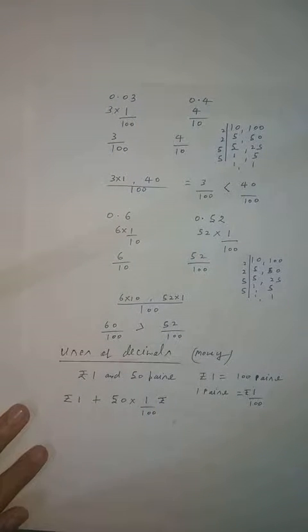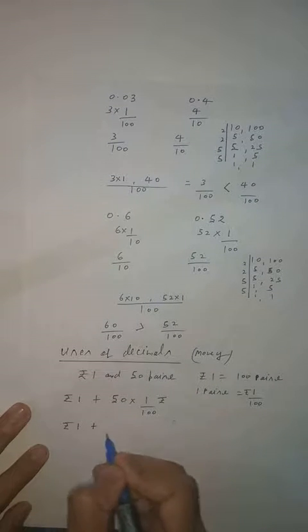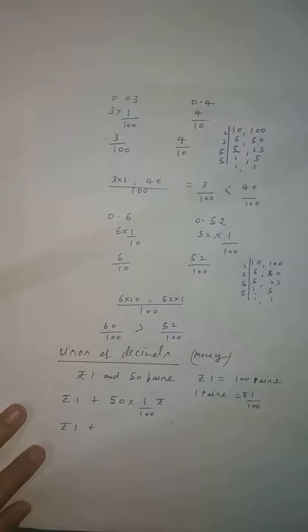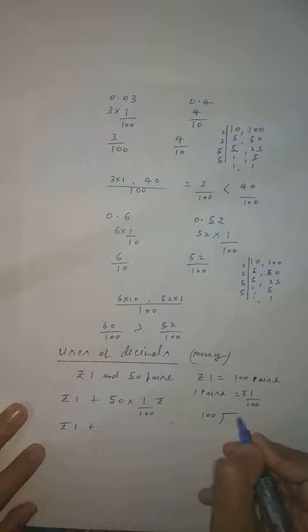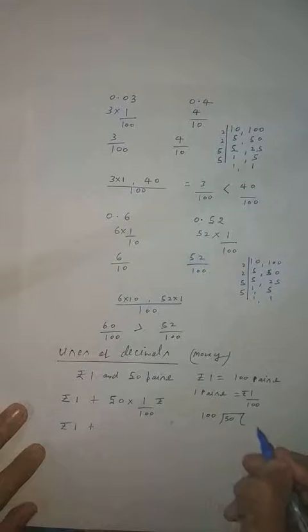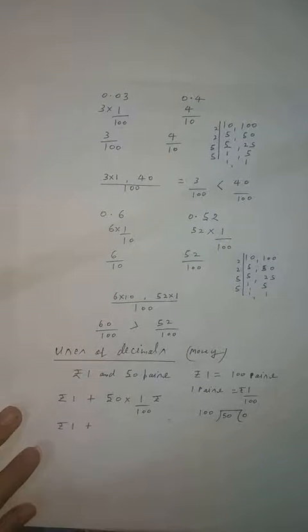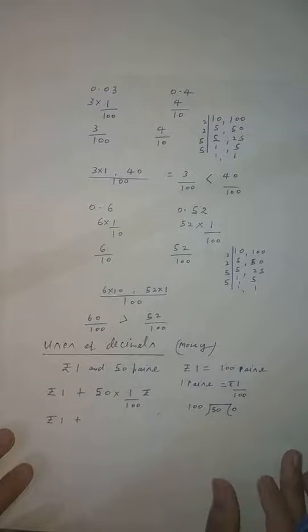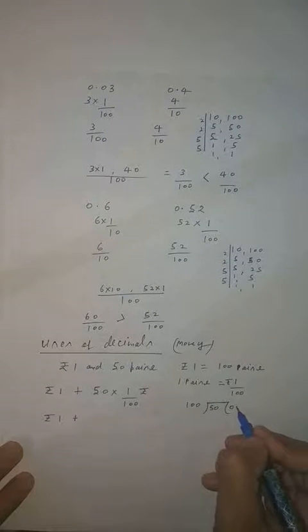Now you know that this will become 1 rupees plus 50 upon 100, student. So what you will do? This is very easy. I explained how to convert into decimal, student. So now let us check. You have to divide 50 by 100. Now here you will write down 1, 0. Now 50 is not divisible by 100 because 50 is lesser than 100. So what we will do? I explained in the first video, if the number is not divisible you have to use the decimal. So here put 1 decimal.